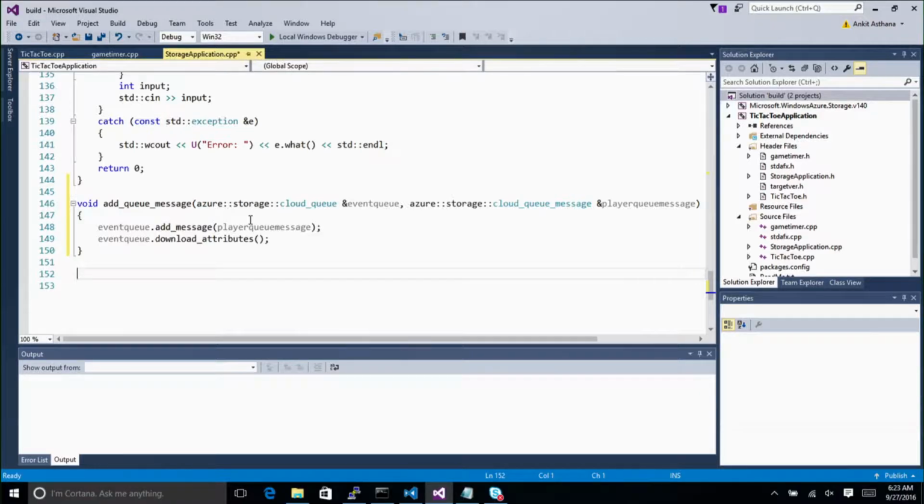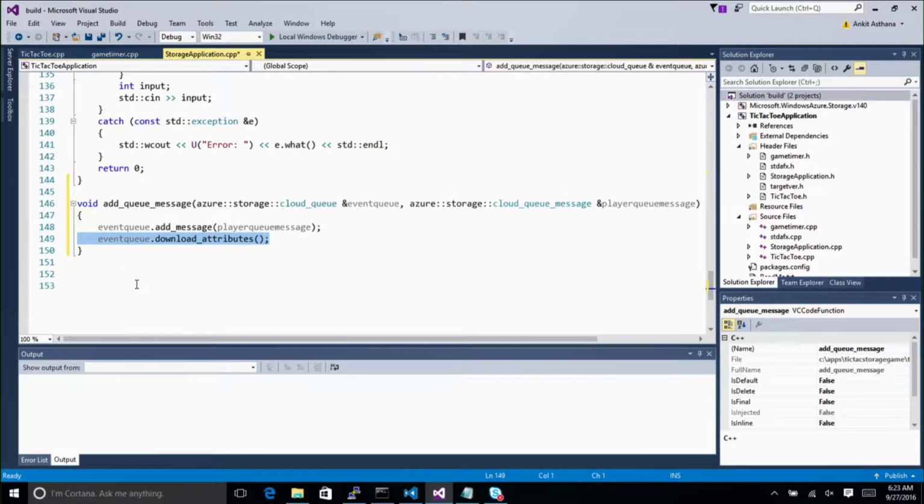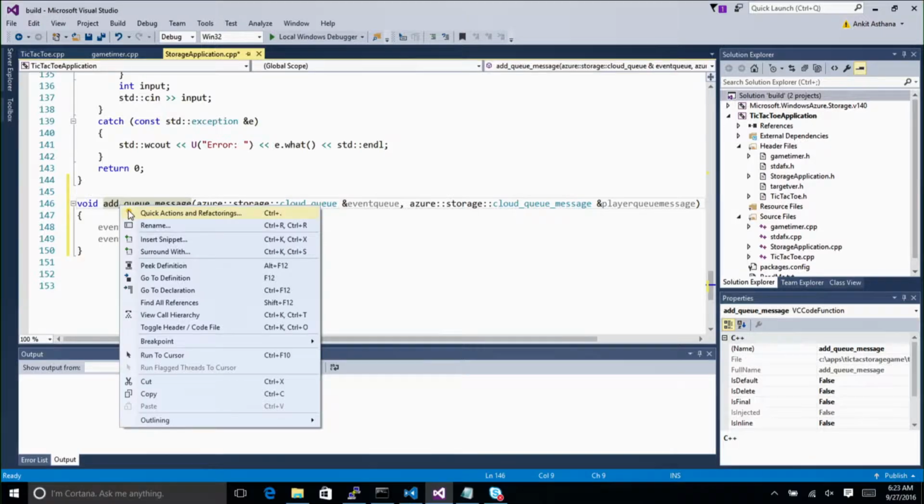Now, let's imagine that the event queue downloads attributes. Let's imagine that I don't always want to do that, and I only want to do that on demand. So what I want to be able to do then is change the signature of this method to allow an additional parameter that tells me whether I should go ahead and download the queue attributes or not. So I'm going to use the next refactoring feature here called